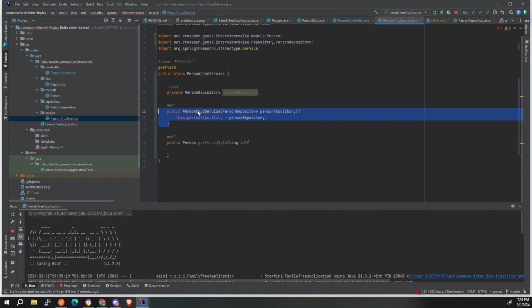You don't need magic to test it. You can just pass in an object and then you're good to go. I got it. Okay. So now that we have this public person get person by ID, and then we're going to now call